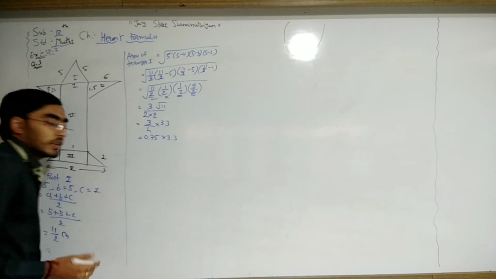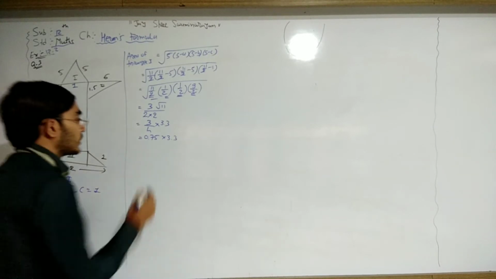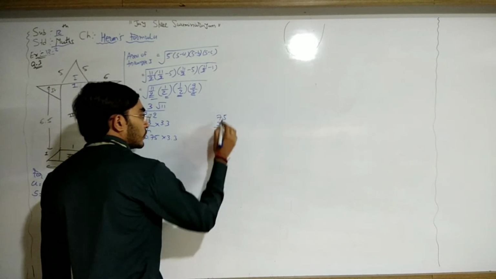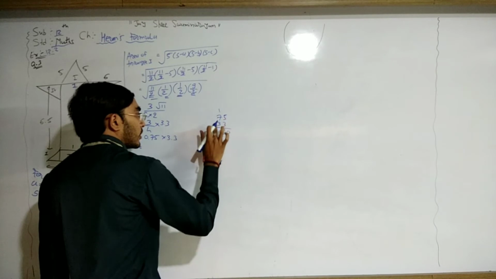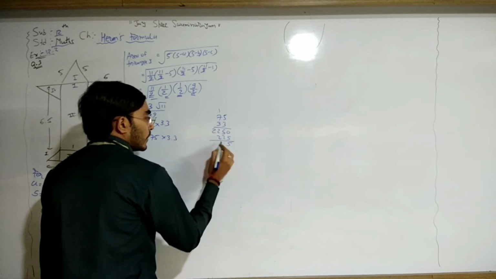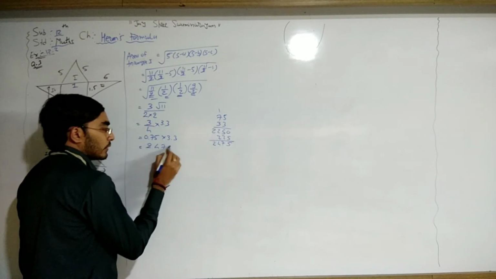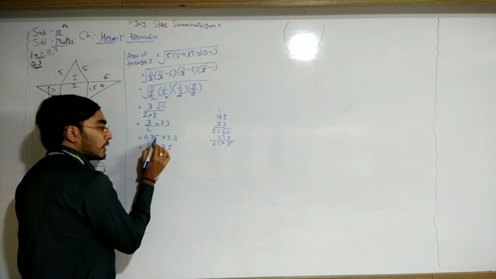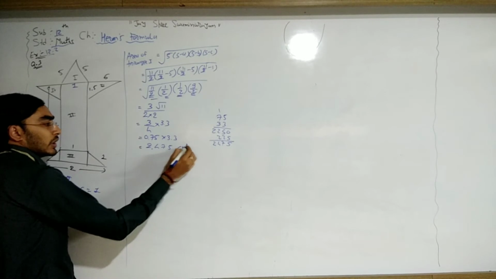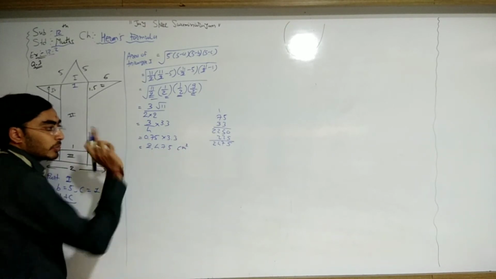3 by 4 is 0.75, so 0.75 into 3.3. Now finally 75 into 33. 5 3s are 15, 5 remainder 1, 7 3s are 21 plus 1, 22. So the digits are 2, 4, 7, 5. Here we have 1 digit, here we have 2 digits, so 2.475 centimeter square. In total, after the decimal point we have 3 digits, so before the 3 digits, put the decimal point.